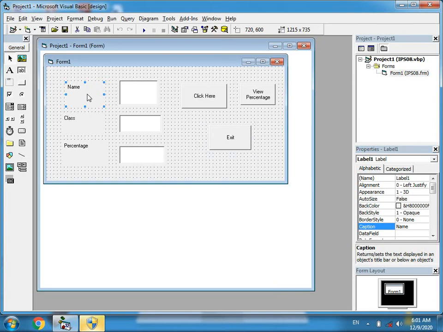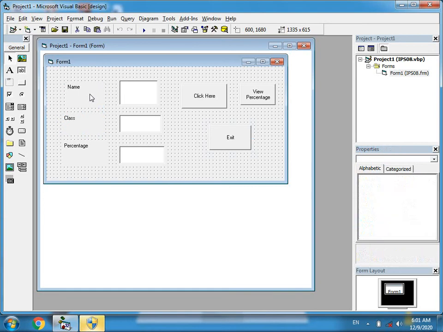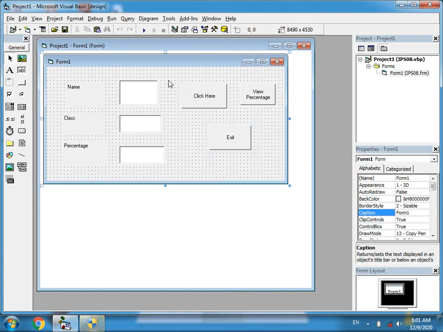It's completed. Now I will go to the Font property. I will select all the labels, pressing Shift. First click on the label, then go to the Font property.